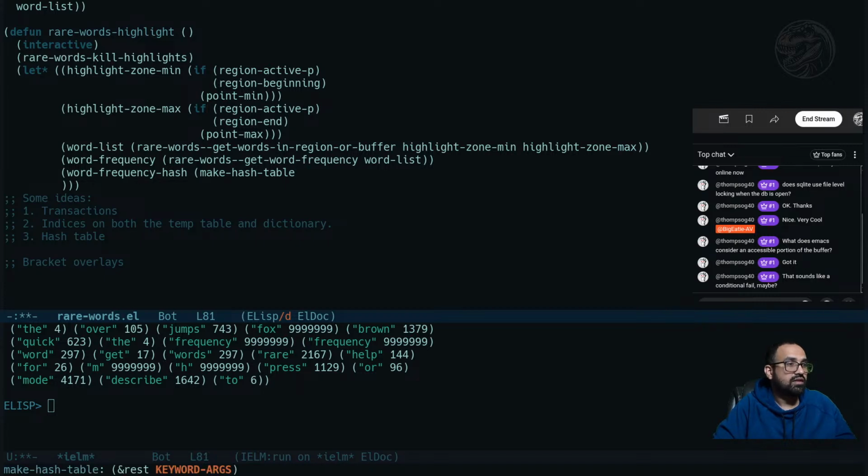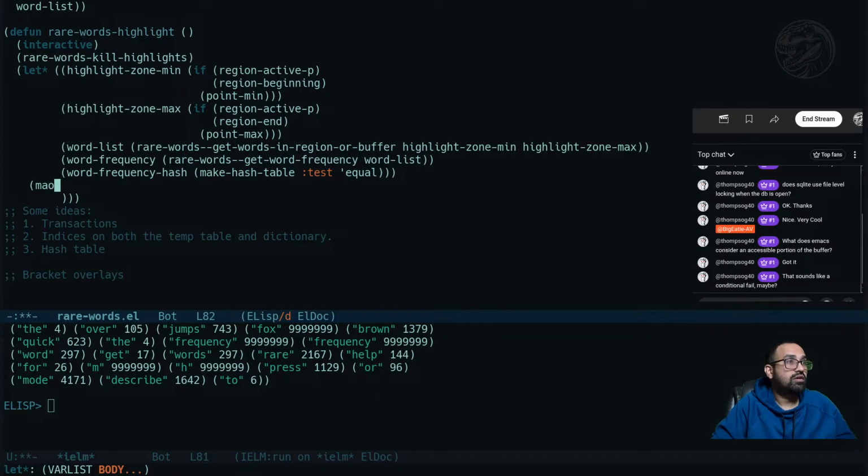And I forget, I want the test to be equal because we're working with strings. And then let's go ahead and populate our hash table. So we will say map car word frequency. Word frequency, I don't need there. Map car word frequency. No,